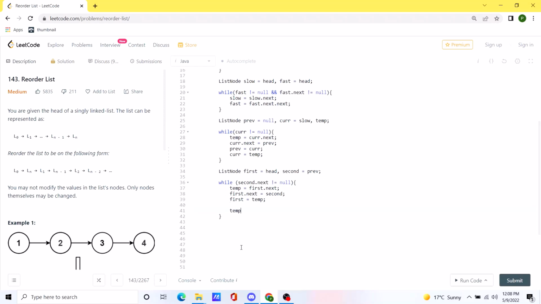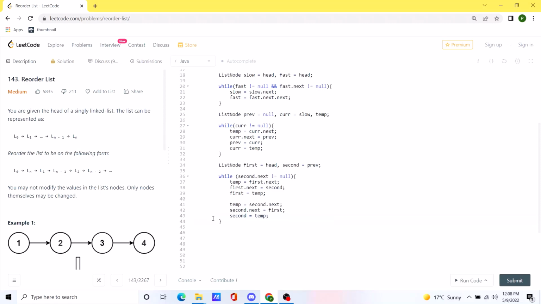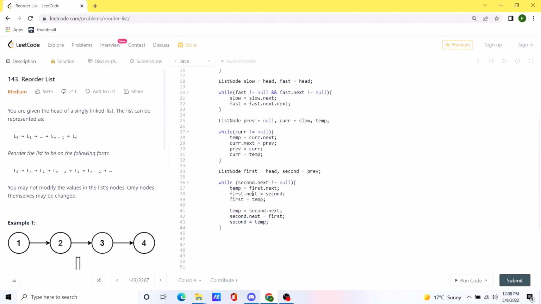So first of all, we will create the temp to set up as second.next, and then we will have second.next point to the first node, and in the end we will have second node point to the temp node. And once that is done, our code should be working as expected,